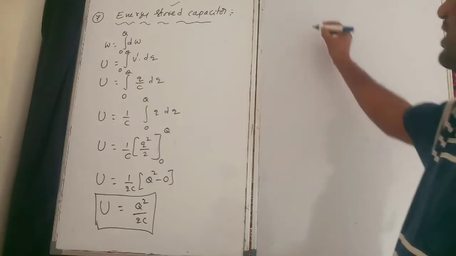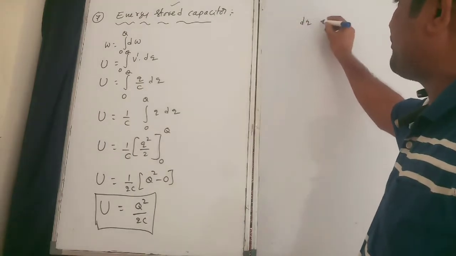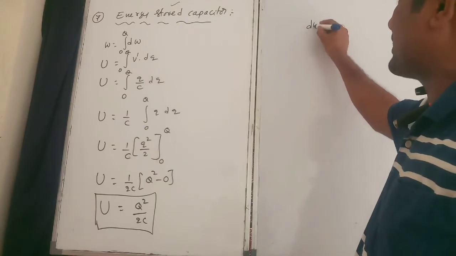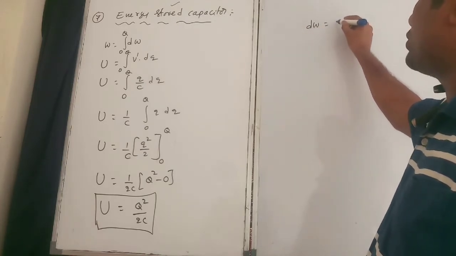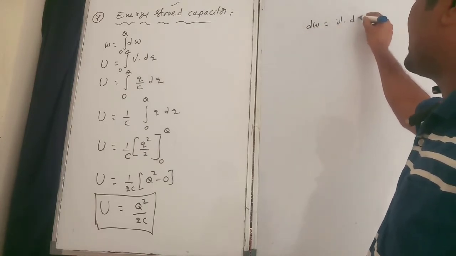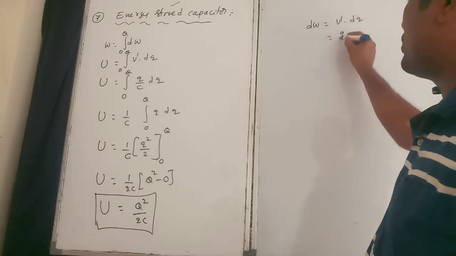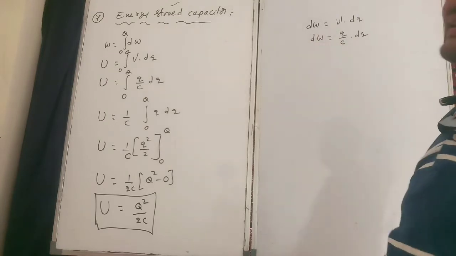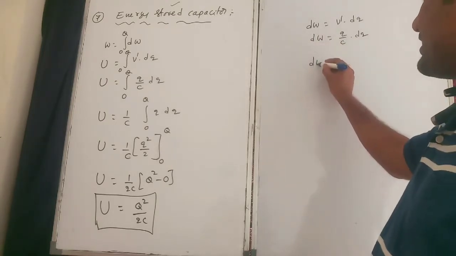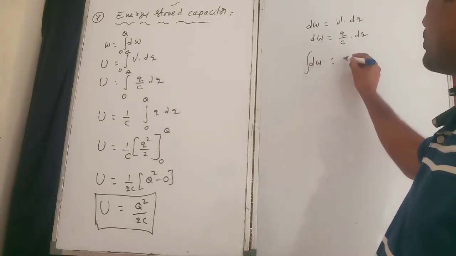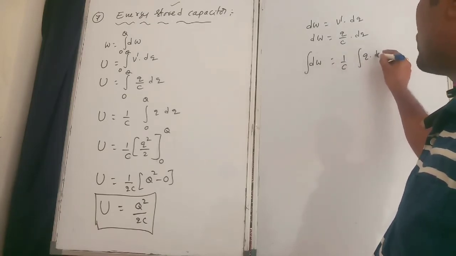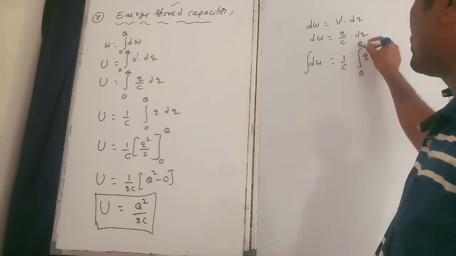Very simple. We want to bring dq charge from one place to another place. So that's what we want to do, some work done. dW is equal to V dash into dq. V dash is equal to Q by C into dq. So now we want to do integration. 1 by C take common, so integral Q into dq. Limits are 0 to Q.